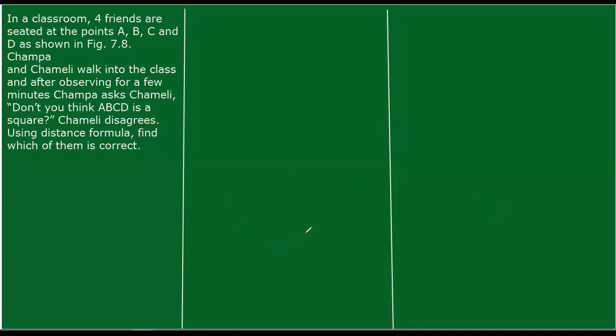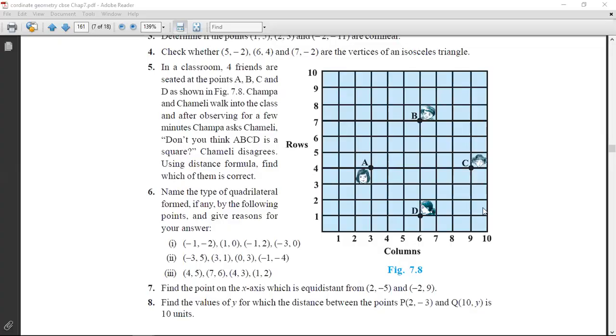Now I will show the diagram. Do you see one diagram here? Fifth question. Here we have A, B, C, D. We have four positions, four points. See, the first point is A. Then how to find the exact location? Nothing but the coordinates of A.